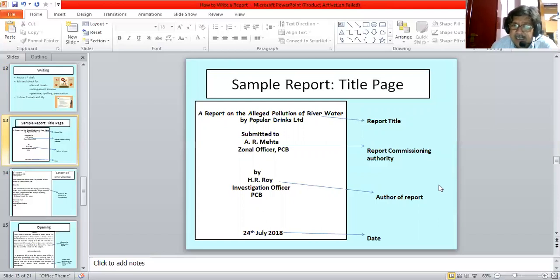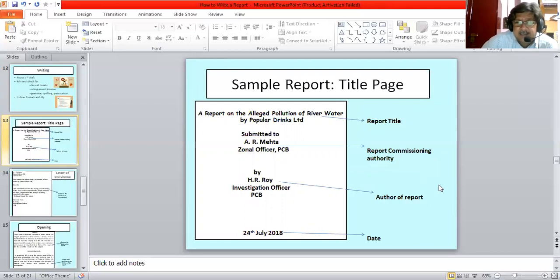And alleged pollution because it has not been proved, so it is there as alleged pollution in the title. Pollution of river water by Popular Drinks Limited. So it is an investigation into this alleged pollution by this company or manufacturer of soft drinks called Popular Drinks Limited. Now, notice that the next thing below the title